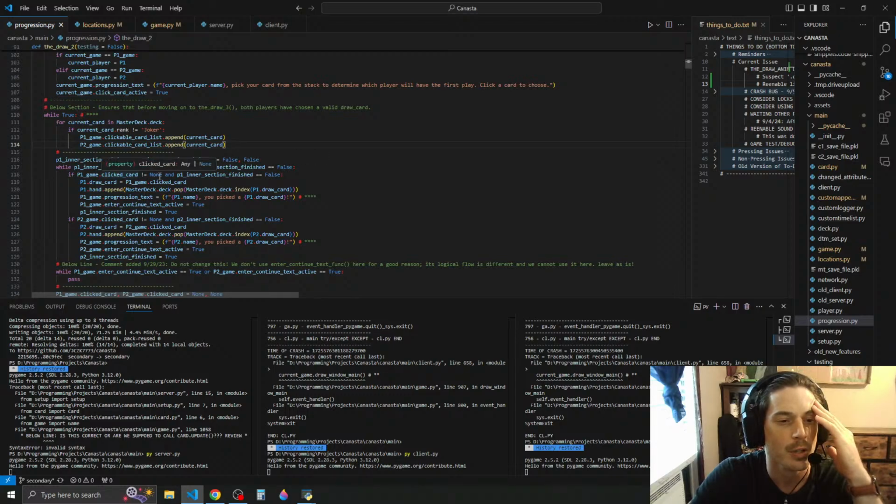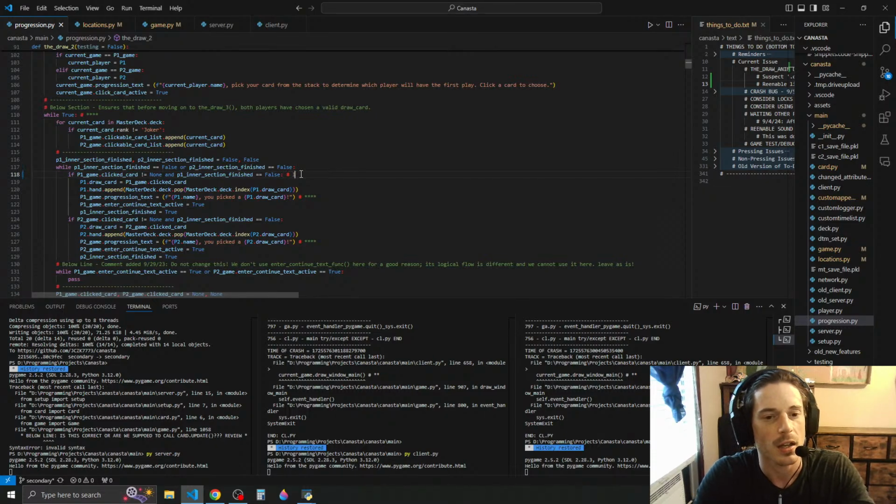If P1 game click card is not equal to none, and P1 intersection finish is equal to false, P1 draw card equals P1 game dot click card. Okay, so if they've clicked a card, gotcha. Okay, yeah. So let me just put this through. If they have clicked a card,